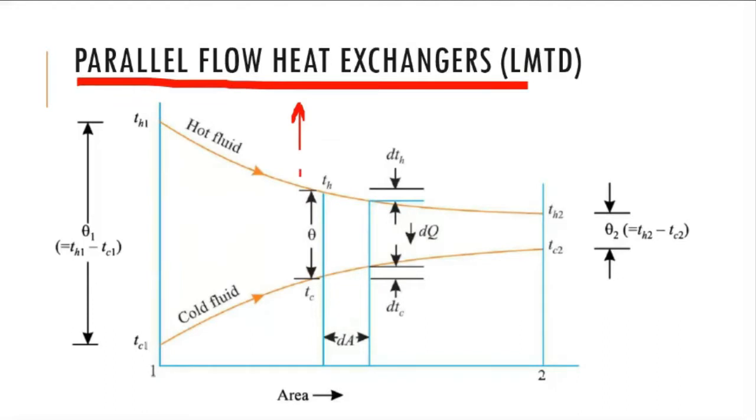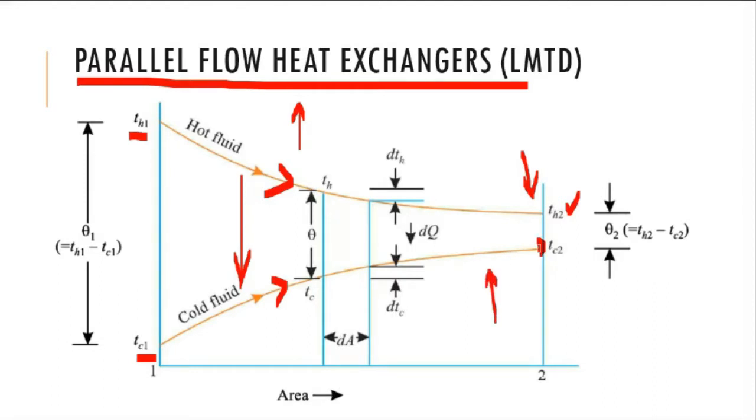So this was parallel flow heat exchanger. In parallel flow heat exchanger, both the fluids were flowing in the same direction, the hot fluid and the cold fluid. They were entering the heat exchanger from the same side. So this is entry of the hot fluid. This is entry of the cold fluid. As hot fluid was flowing through the heat exchanger, its temperature was dropping down and the exit temperature is TH2. As the cold fluid was flowing through the heat exchanger, it will be taking heat from the hot fluid and its temperature will be continuously increasing. So the exit temperature for this cold fluid is Tc2 and it is higher than the inlet temperature.